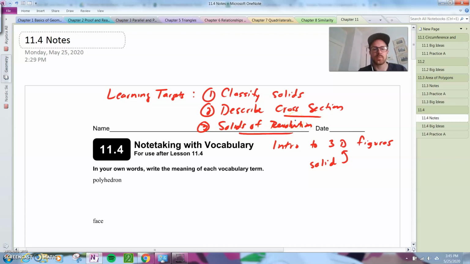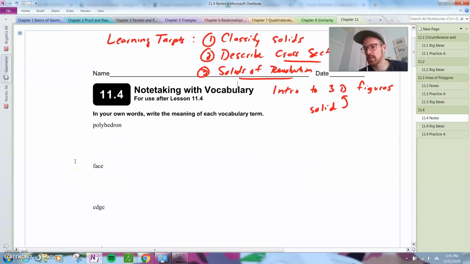All right, so the first word here is a polyhedron, and it's kind of an interesting word. What it really just means is a solid that is bounded by polygons, or it's completely enclosed by different polygons. And a polygon, remember, is just a shape with straight edges, straight sides. So to give a really classic example of a polyhedron,